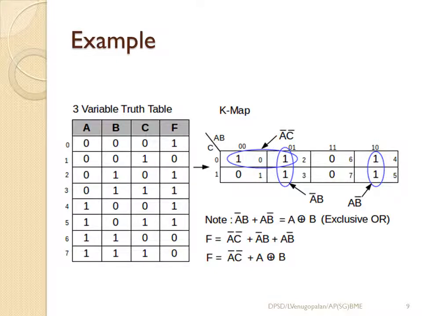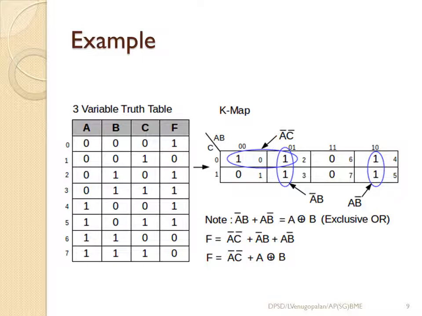Now if you see, I can group my 1s either horizontally or vertically. Diagonal grouping of 1s is not allowed here, because if you group diagonally, then more than one variable might vary. So either you can group them vertically or you can group them horizontally. So grouping all this,